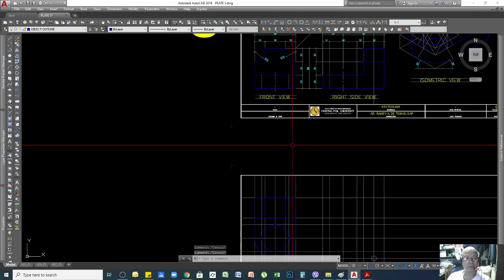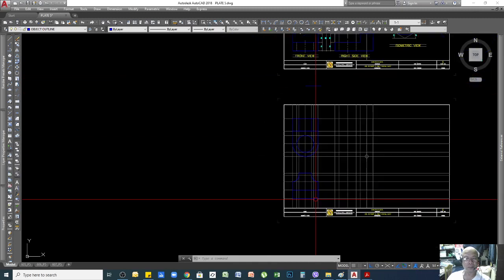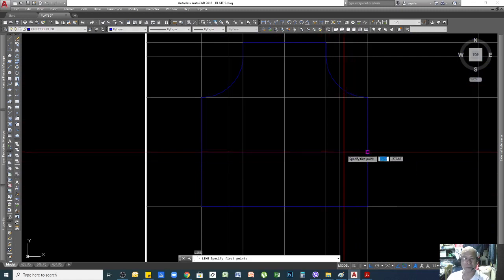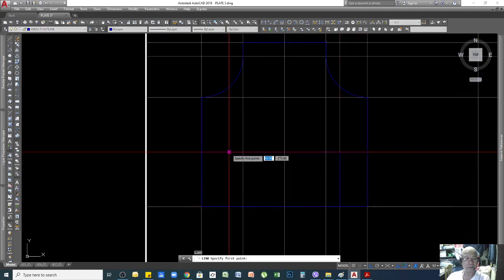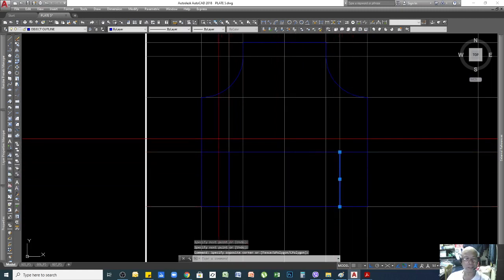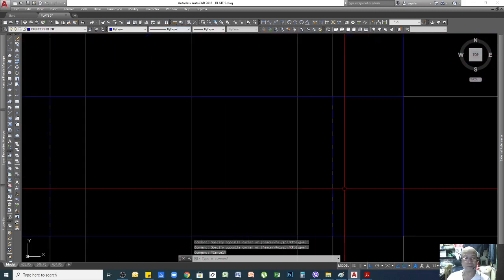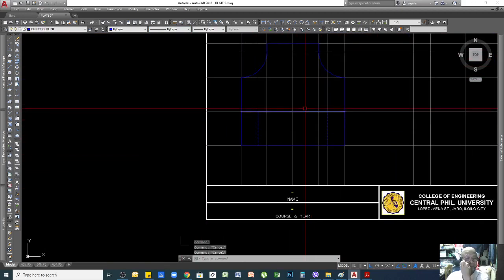All right, so all you need to do is you can draw a continuous line like this one, for example. Okay, and then another one here, and then all you need to do is just highlight these lines, and then go here and click hidden, because this is hidden in my specification or my instruction. Okay, so it's showing now.